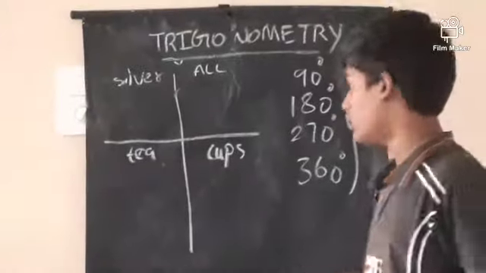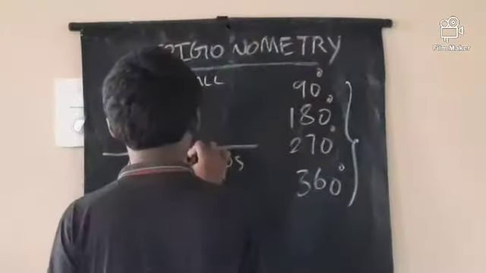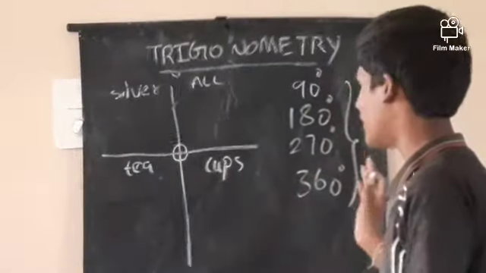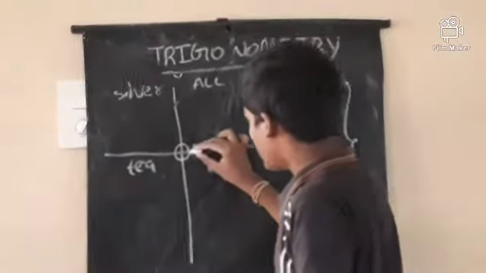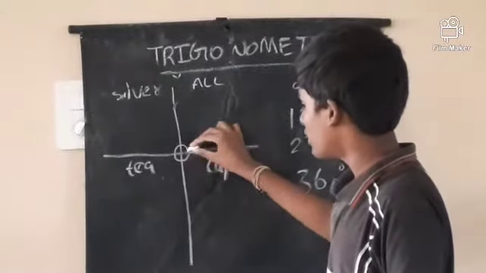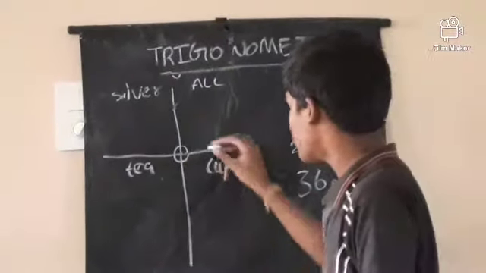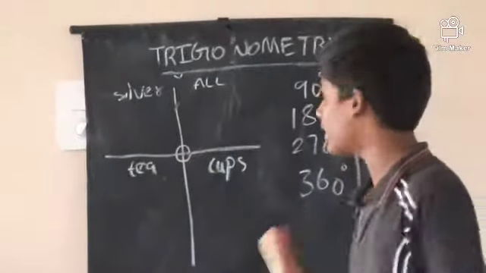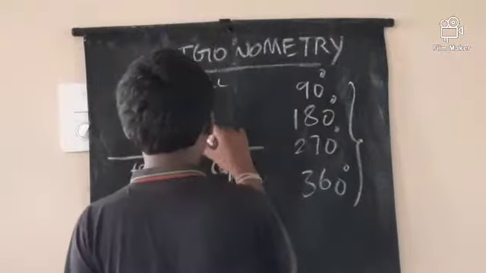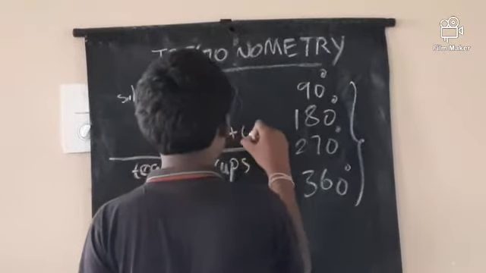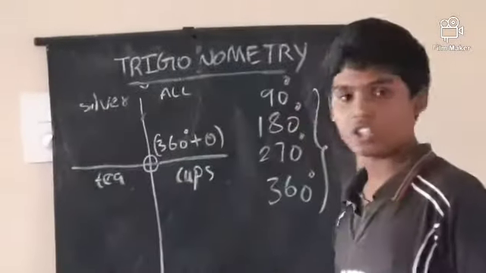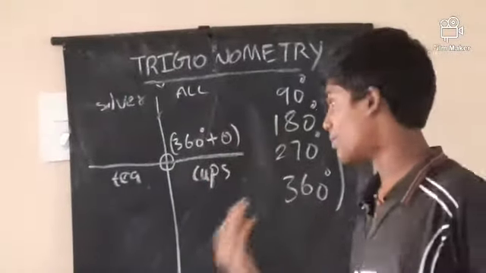First of all, look here. This total graph is 360 degrees. Up to here 360 degrees will come. But more than 360 degrees means more than this line. So how can we write that? In the first quadrant we can write 360 degrees plus theta. Theta means the measurement of the angle.